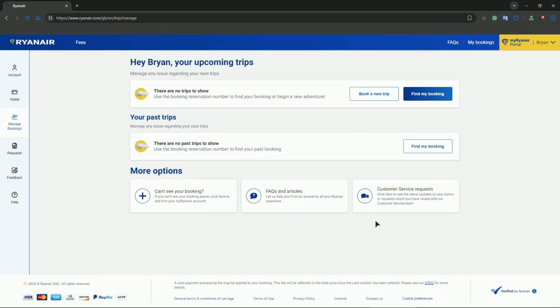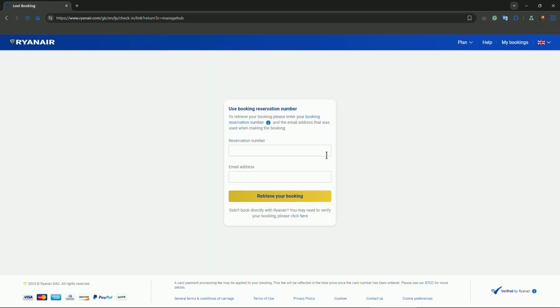upcoming flights. Alright, now one more step, click on Find My Booking, and in here you will need to insert your information. So in this case it's going to be reservation number and email address. Then you will be able to click on the Retrieve Your Booking button and you will see the information about